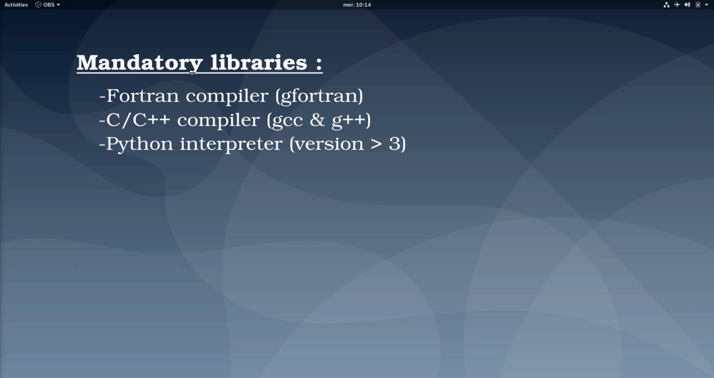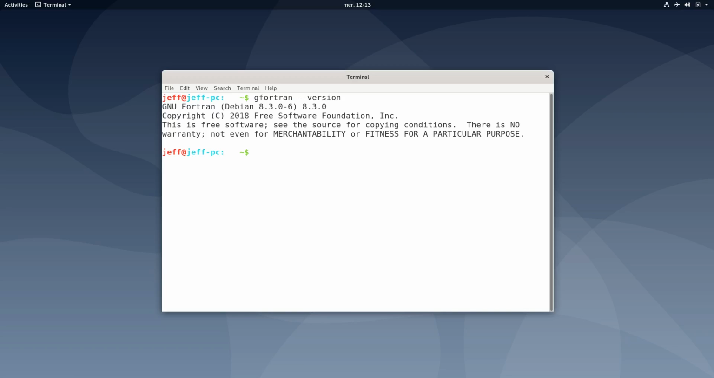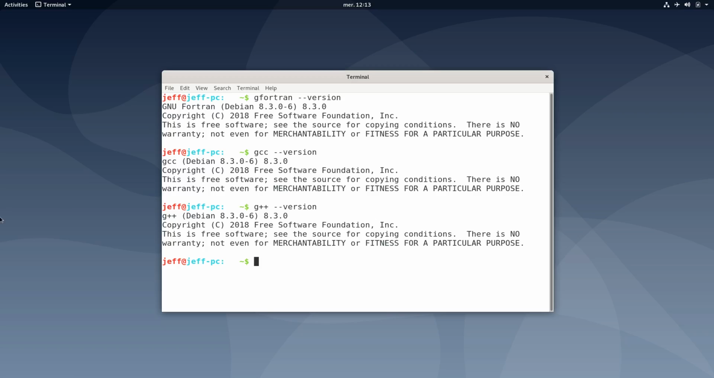These libraries are usually already installed on most recent Linux distributions, but to check whether they are present or not on your computer, you can just, for example, write in a terminal gfortran -version, gcc -version, or g++ -version and see the results. If any of those command lines failed, then you need to go in your package manager and